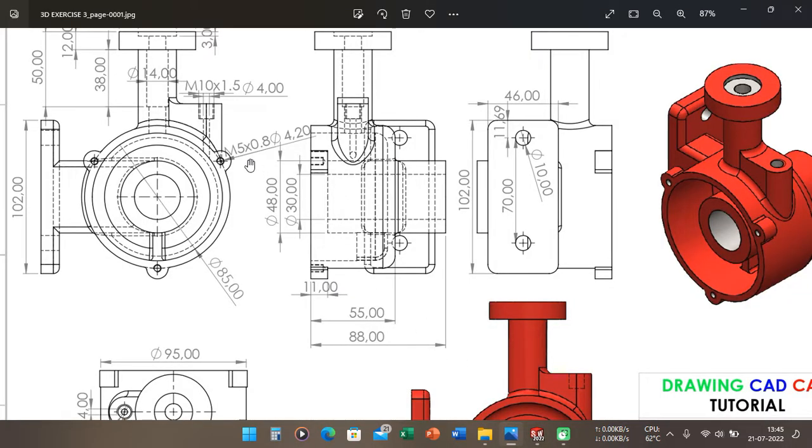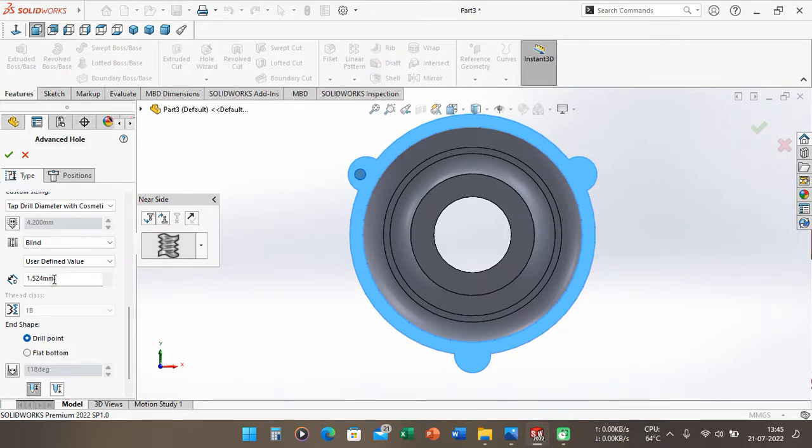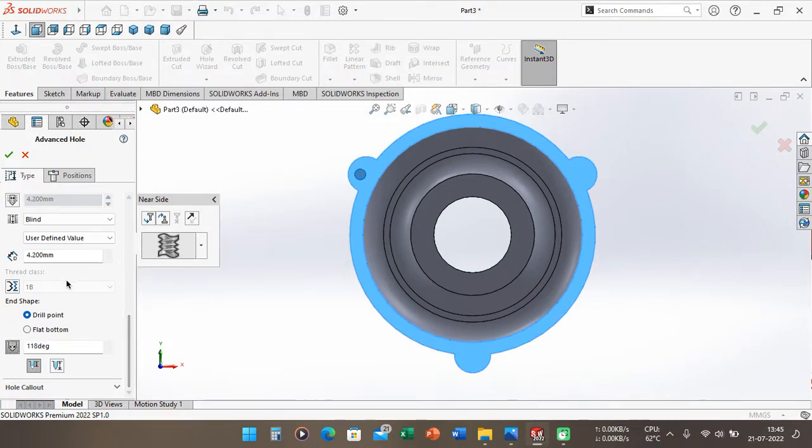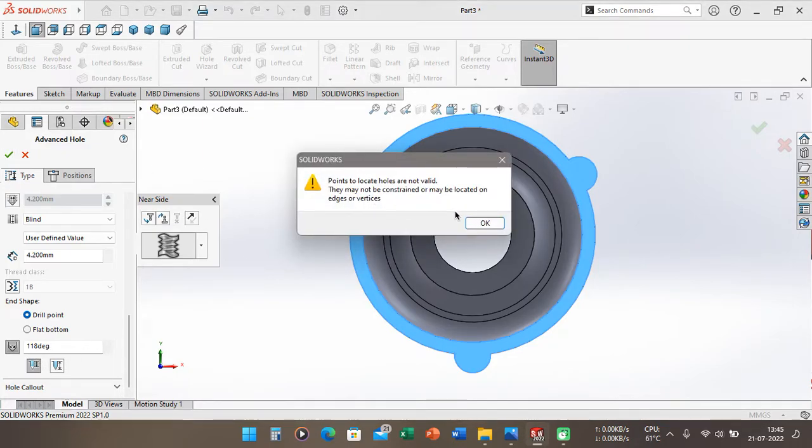And the diameter I just define, because if we look again here, the tap drill of this hole is 4.2 mm. So we can input 4.2 mm here, and for the end shape I choose the drill point, and for the end of the section I choose number 1 here. Click OK.